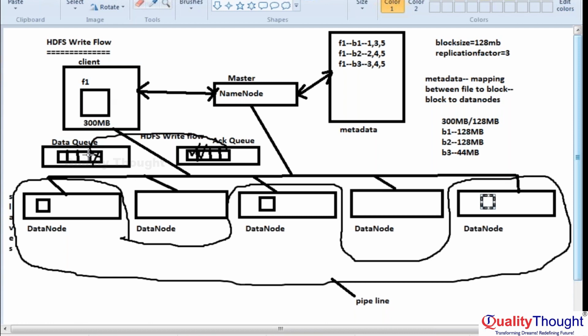Acknowledgement queue. Yep. I said the client is responsible for writing block 1 in the first machine. Then automatically this block is replicated in other machines in the pipeline. So for every block, a separate pipeline is created. Okay. Next, let's see